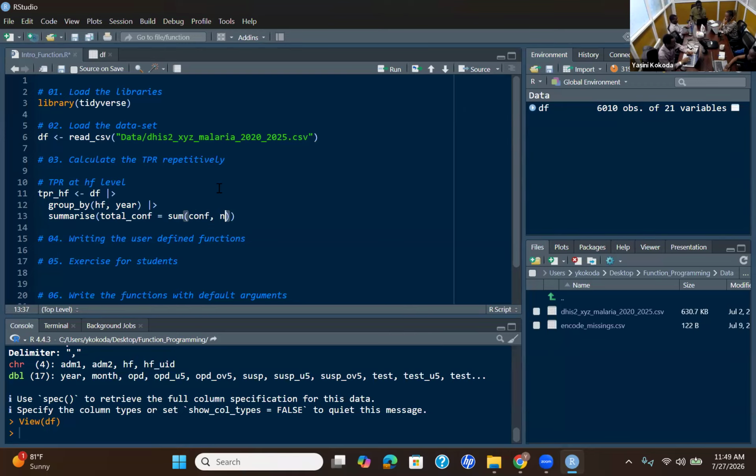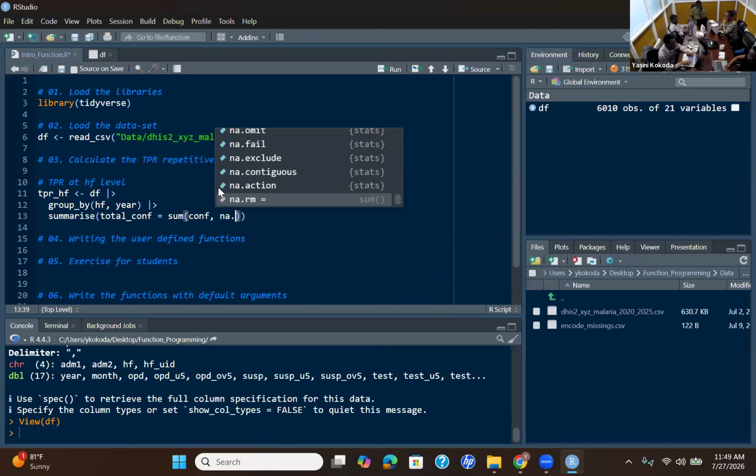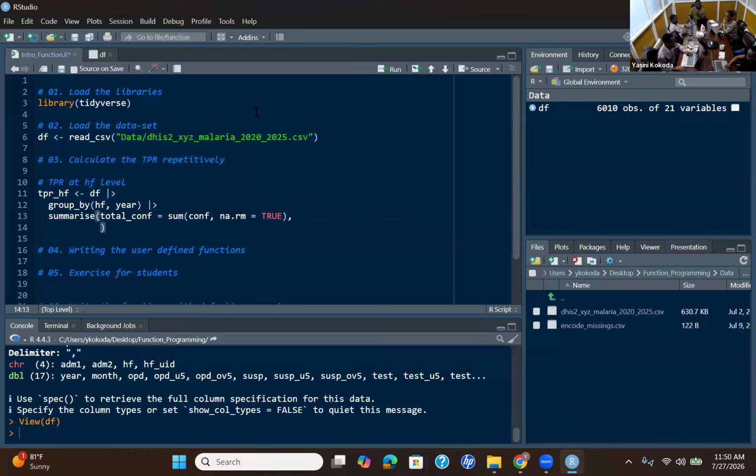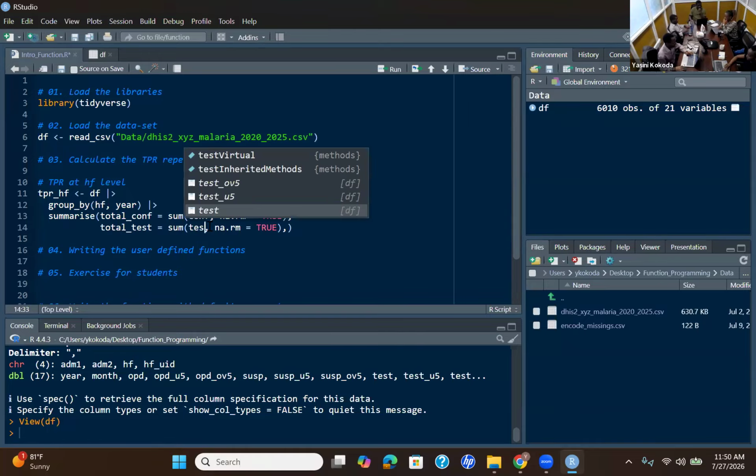Otherwise, it will give you an error. There is an argument here called na.rm, NA remove, equal to TRUE. You need to specify it equal to TRUE. It means when you are summing across the months in a year for each facility, you need to remove the NA or missing values. We do the same thing for test. You just copy this and paste, then just modify it to test.